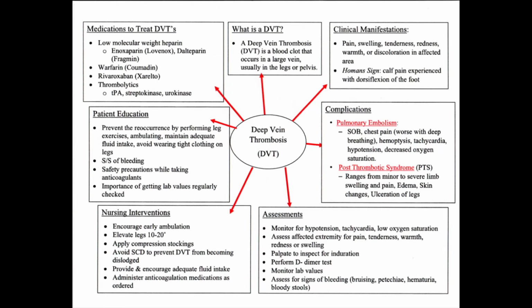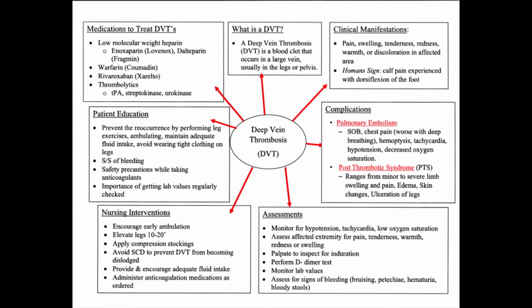It's also really important to educate the patient about how they can reduce the risk of having another DVT from occurring, such as performing leg exercises, ambulating, making sure that they maintain adequate fluid intake, and avoiding any tight clothing on the legs. You want to educate the patient on signs and symptoms of bleeding, and it's really important that they know the safety precautions to take when they are on anticoagulants,